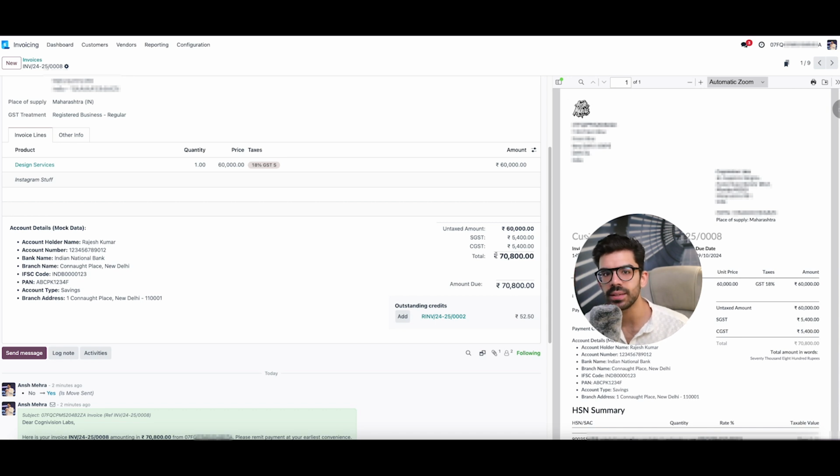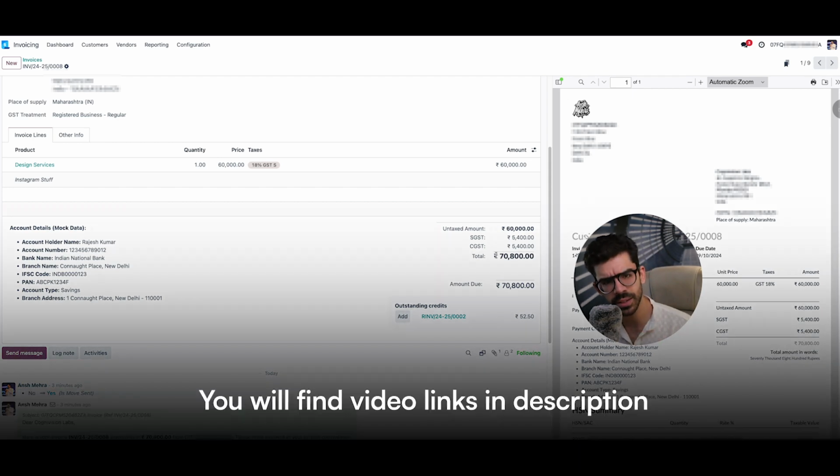Now, obviously, there is a lot into how GST works. I have a CA who takes care of all of these calculations because it majorly depends on who you are selling to, where is that person's office, and where are you doing your purchase of all of these gadgets. So all of these things matter. But as a creator, you still need to know the basics. Many people don't talk about this openly, and I have struggled with this because I was not guided on time. I will share some links in description to help you understand GST in detail.